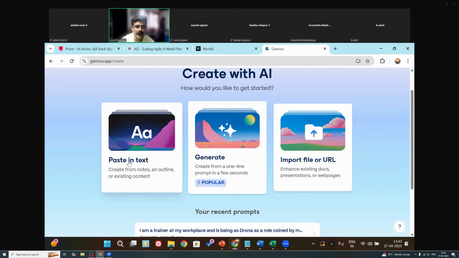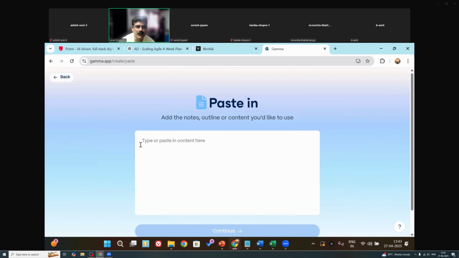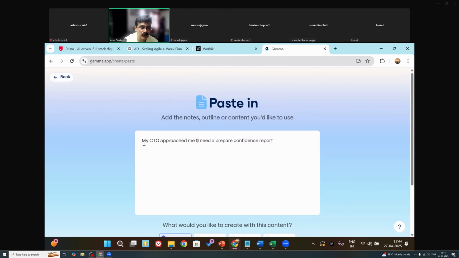And then, with all the discussions that you will have, the notes, outline or content you like, you can say, I need to prepare a confidence report. My CTO approached me. We are setting the context here. Remember the key components? My CTO approached me to prepare a